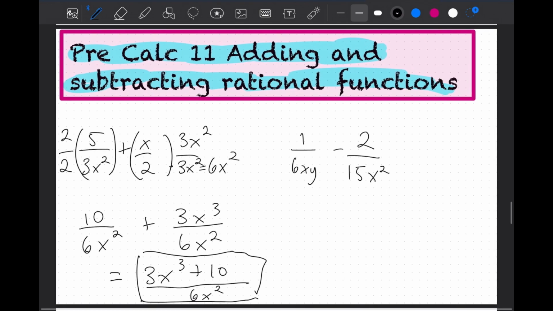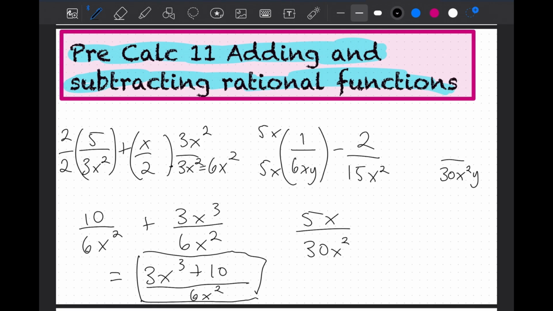So in this one, the common denominator here would be 30x squared y. So let me just write that here, 30x squared y. In order to make the first one 30x squared y, like the denominator, I'm going to multiply both the numerator and denominator by 5x and 5x. So that's going to make it 5x over